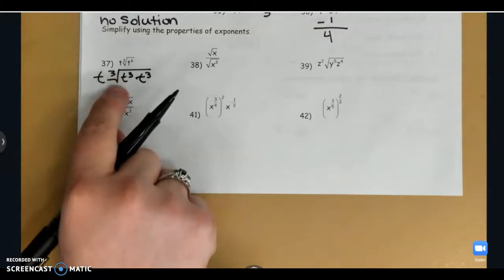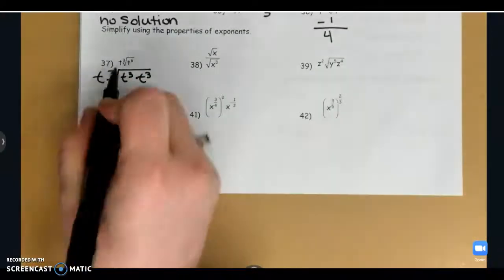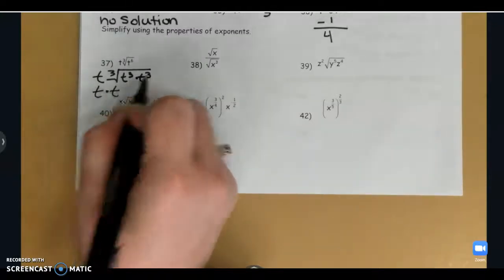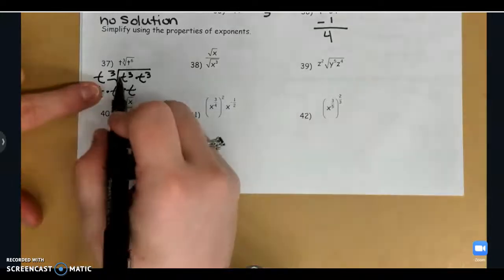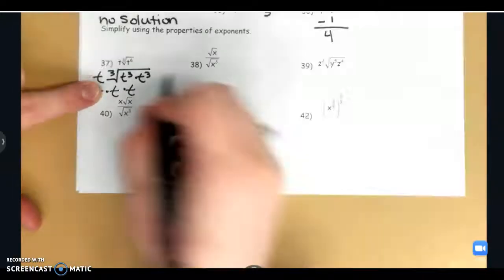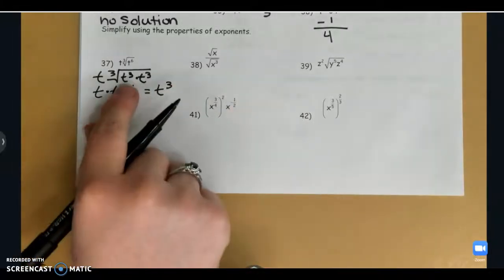Now the cubed root of t cubed would be t, and the cubed root of t cubed would be t. So I have that t on the outside. The cubed root of t cubed is t. The cubed root of t cubed is t. So what I was able to pull out from the cubed root here was t squared. So my final answer is going to be t cubed, but a shortcut to these types of problems instead of